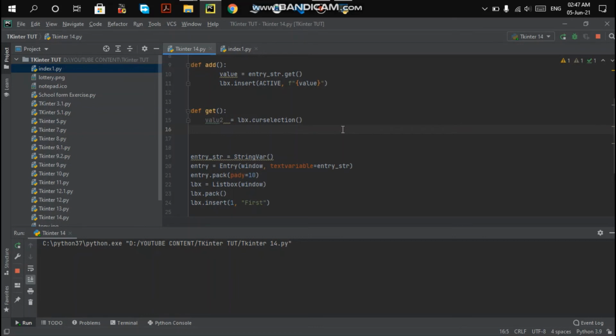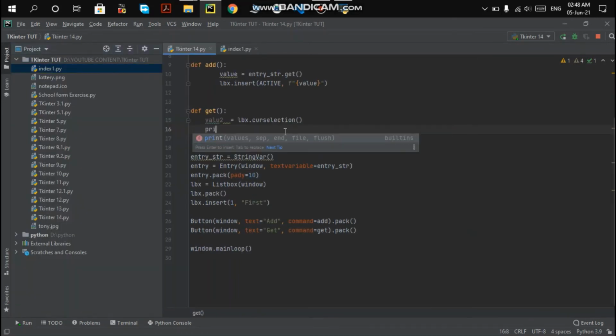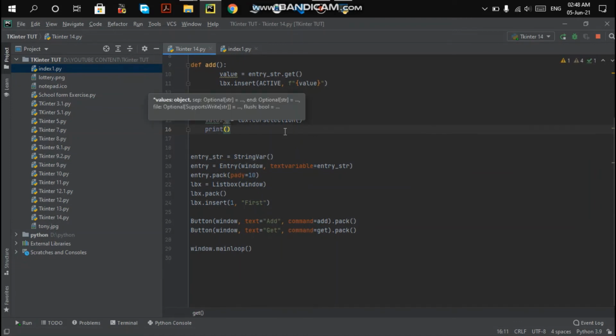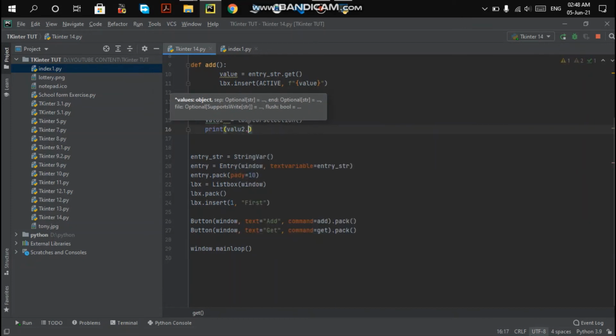So to get this, let me print first whether the values are we are getting or not. So that is value2 dot get. Okay, not that, it's get.